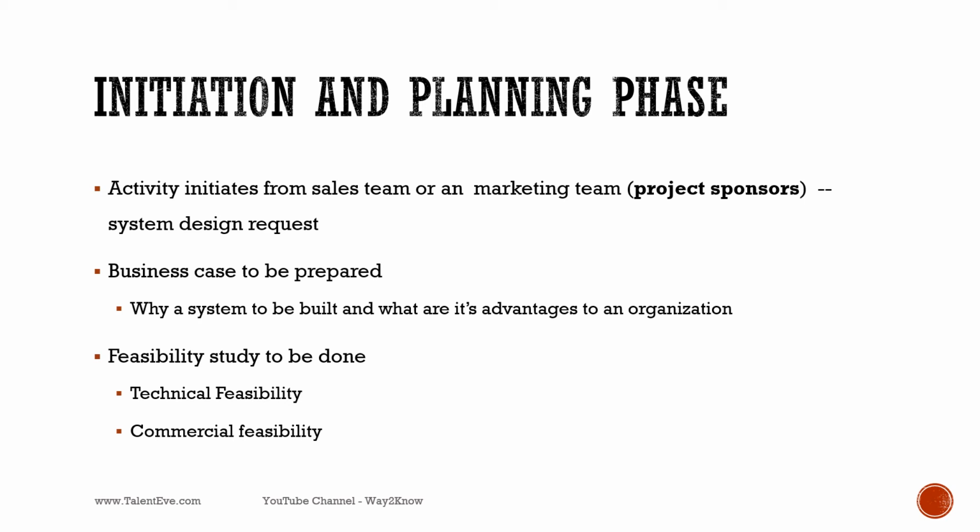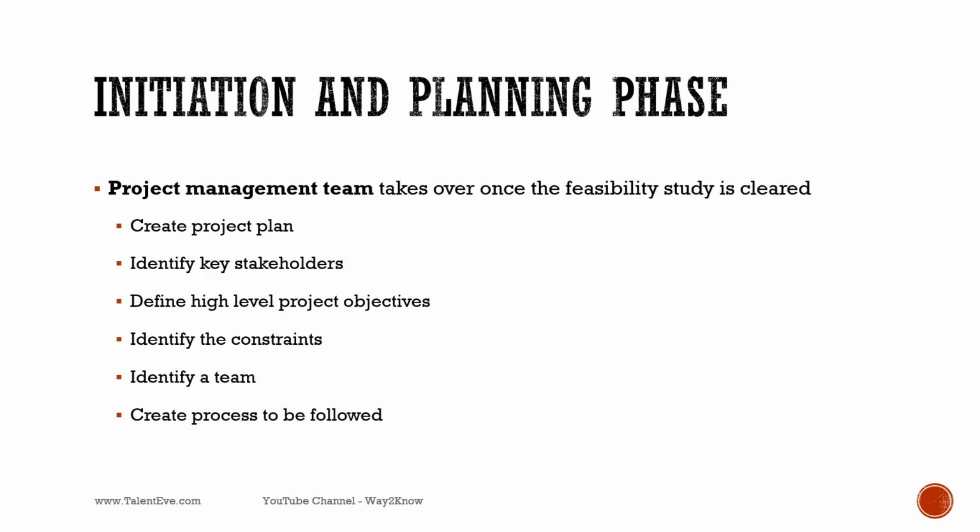So the process is like, once the project sponsor comes up with the needs, they do the feasibility study, and they prepare a business case, and then they hand it over to the next level. That is the project management team. Once all this comes to the project management team, it means that it has cleared the feasibility study, and the company is ready to go ahead executing the project. So now the project management team